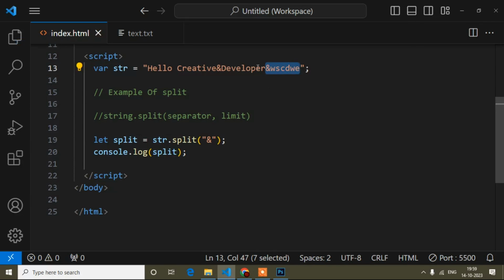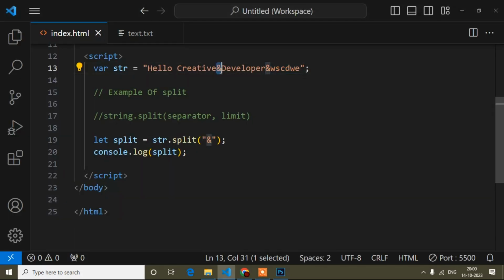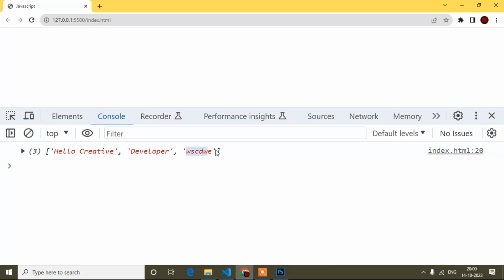I will keep it like that, and here see, hello creative, this is one, and after that comma, and here developer and this one, because after creative one AND is here, and after developer one AND is here. That's why it is showing like that.